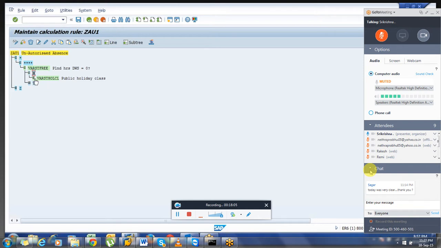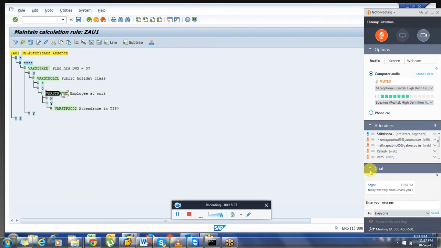If it is free, then I am checking the holiday class. If it is a holiday, then I am going to leave. If it is not a holiday, I am checking whether the employee is present or not. If the employee is present, then okay.